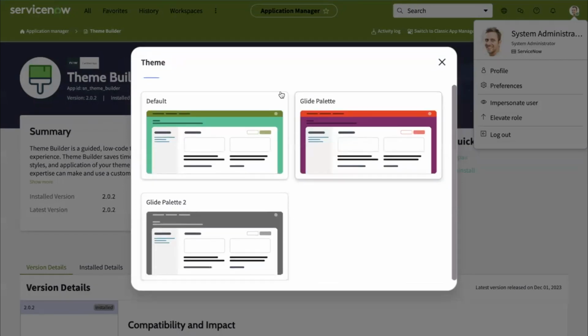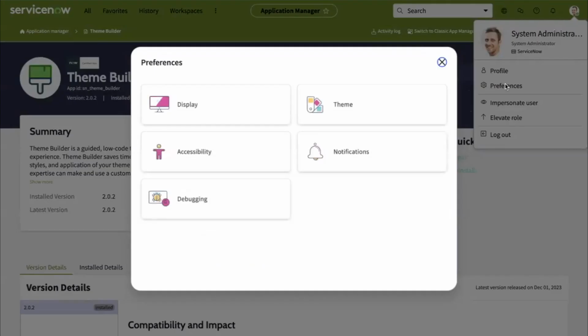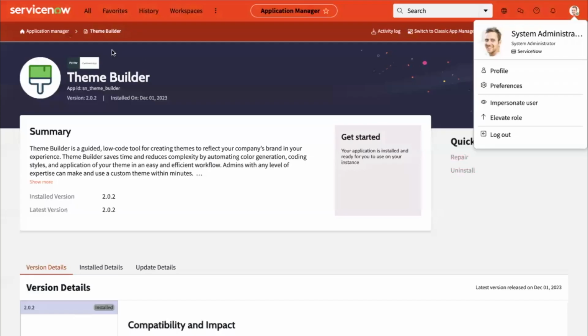You can see it here. This is a default and main theme. And these are the palettes which we added to this particular theme. So let's see here. And this is the main theme. Let me add here Glide palette for this particular profile. Okay. This is the Glide palette. And let me impersonate